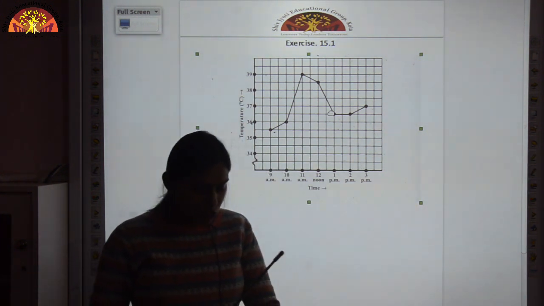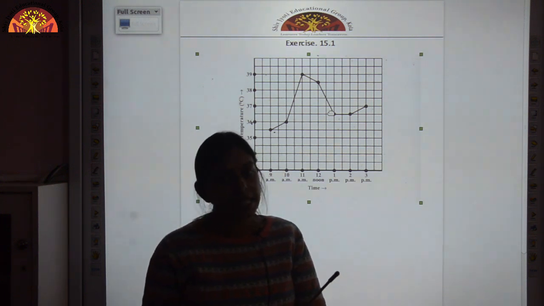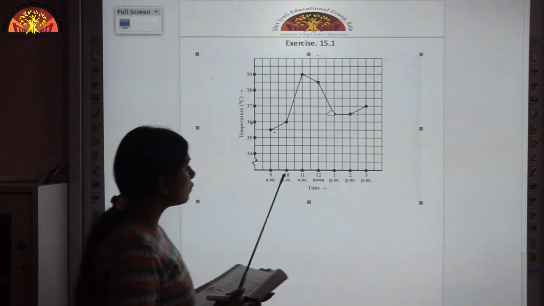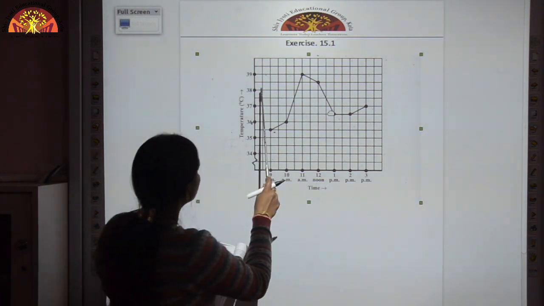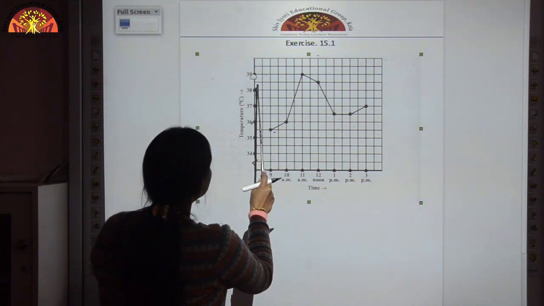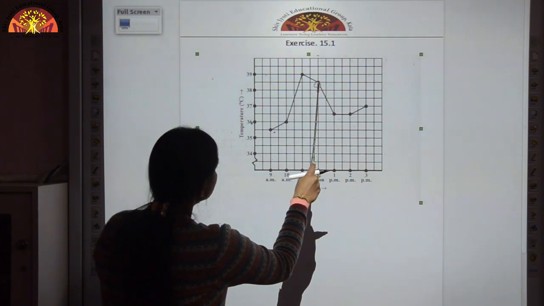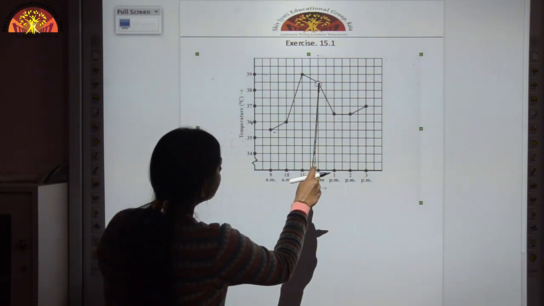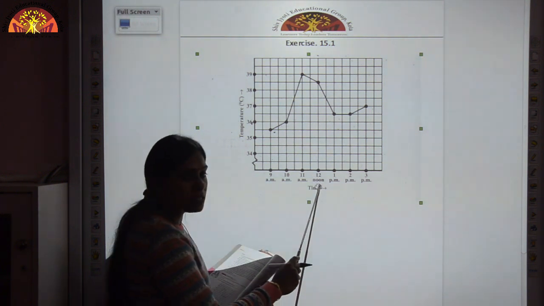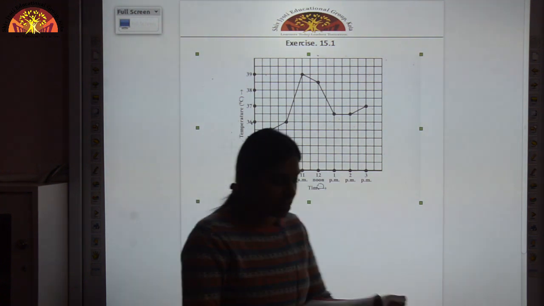When was the patient's temperature 38.5 degrees Celsius? Now children, we have to record the time when the temperature was 38.5 degrees Celsius. So you can see over here that in between 38 and 39 it will be 38.5 degrees Celsius. So you can see that for 38.5 degrees Celsius the time is 12 noon. So your answer for the second part is 12 noon. Okay. Now just see the C part.